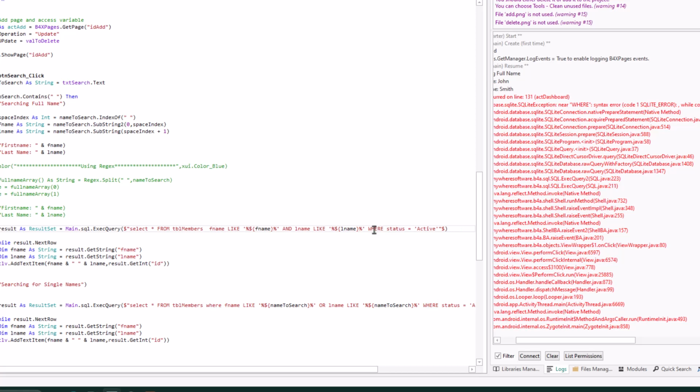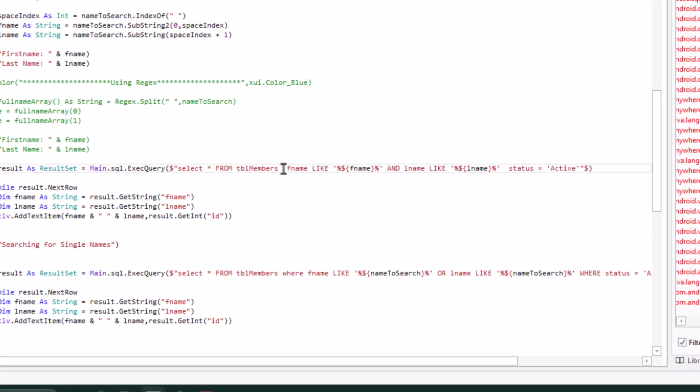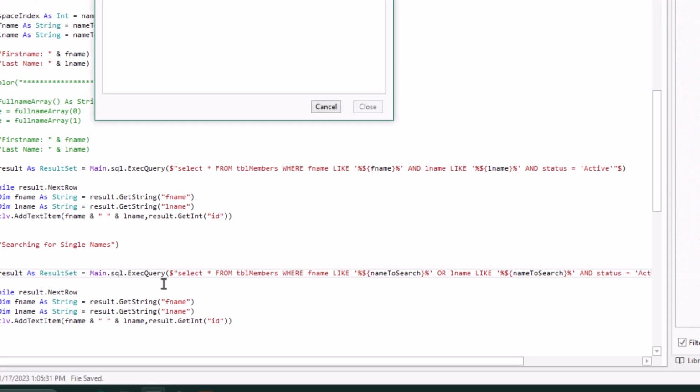We have two ways. The status also has to be in there. So select from TBL members where first name like this and last name like this, and status equals active. Okay, the same thing here, and so you should have only one where clause in the query. Let's run again.